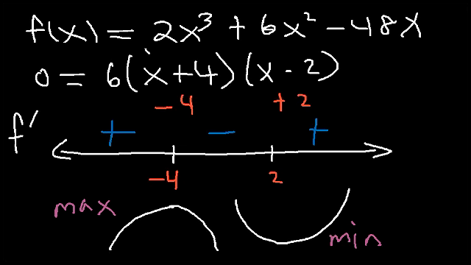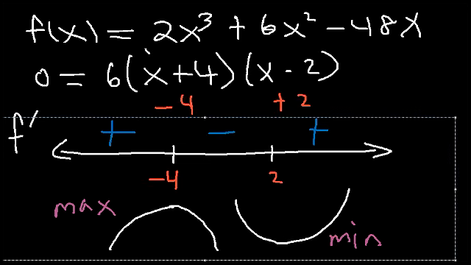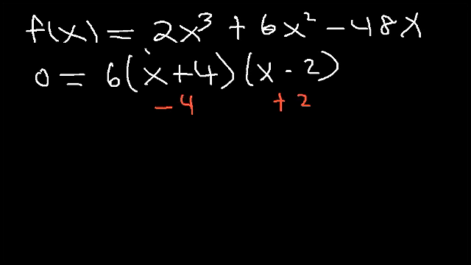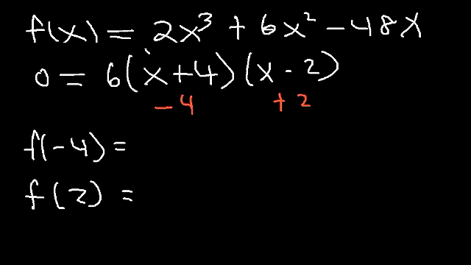So now that we know that, we need to find the y values. So let's plug in negative 4 into the original equation and positive 2. So I'm going to use the calculator for this. So at negative 4, the y value is 160. And at 2,